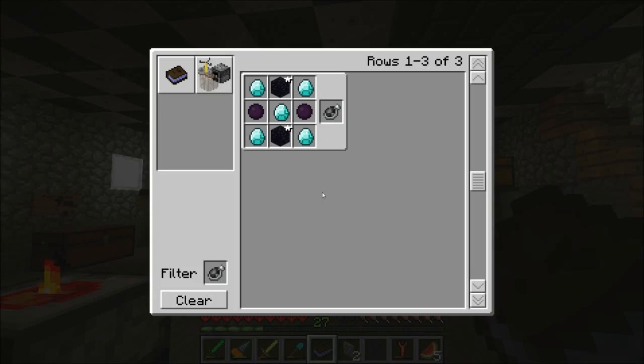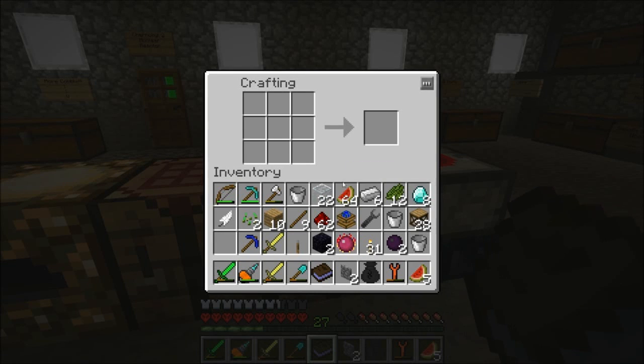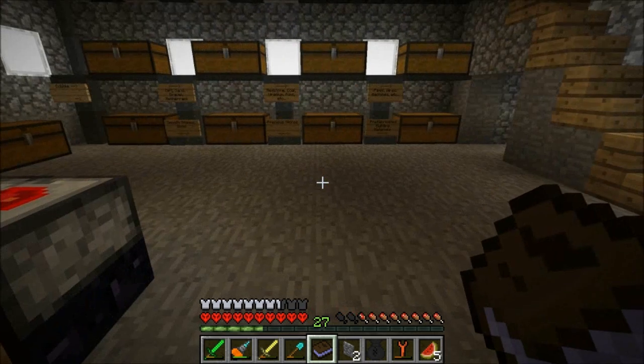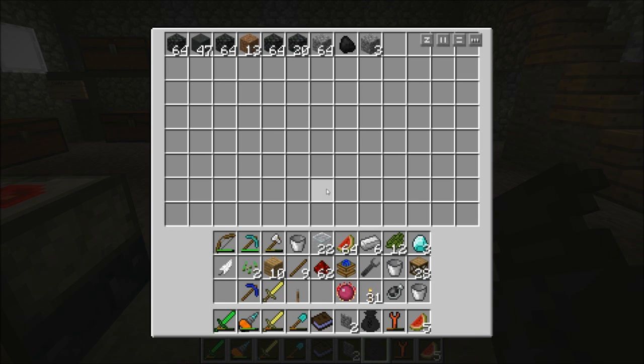I already forget. All right. So that'll be 1, 2, 1, 2, 1, 2, 3, whoops, 4, 5. And there is our gem of eternal density. Now, let's see. It should take whatever's in here. We'll see. This is my first attempt with it. But if I plop it in there,